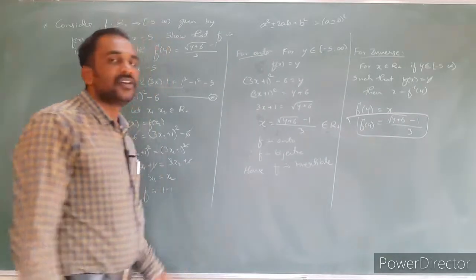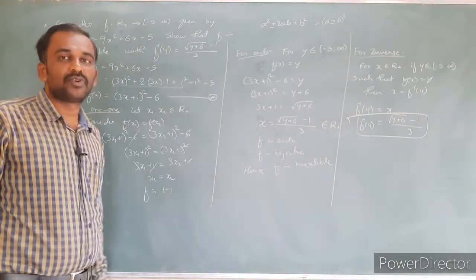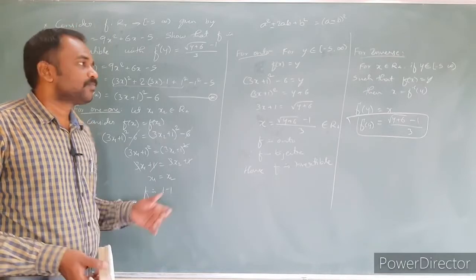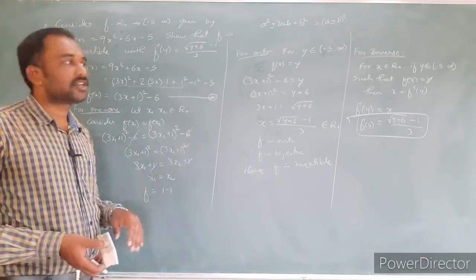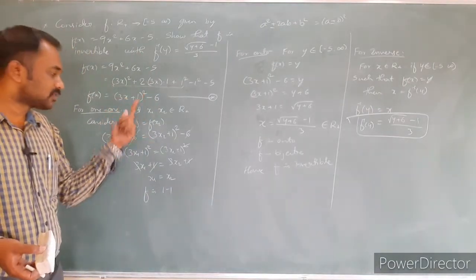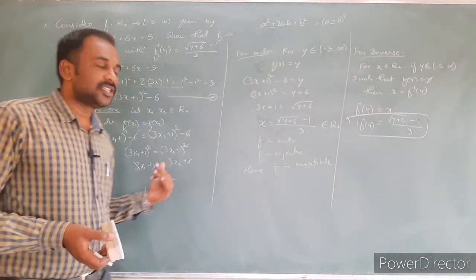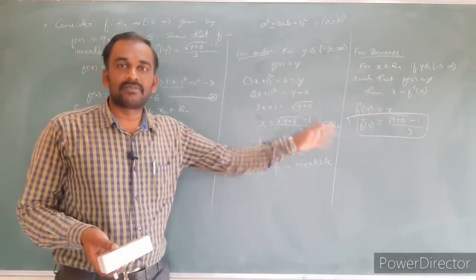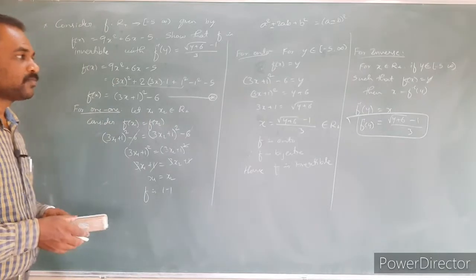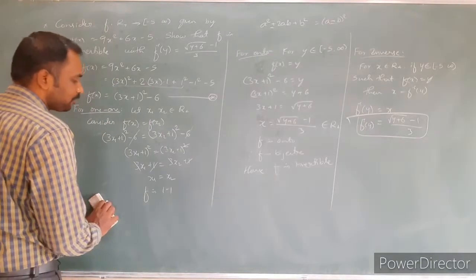This is a very important 5 marks question, most of the time repeated in the annual examination as well as all other examinations. A very important model question. Whenever a quadratic equation is given, first make a perfect square, then proceed to show one-one and onto, and finding the inverse is the same process. Only the function value is changing. That's all. So just pause the video and note it down.